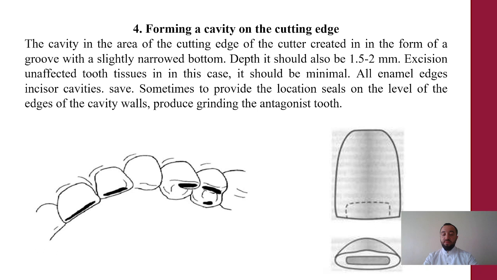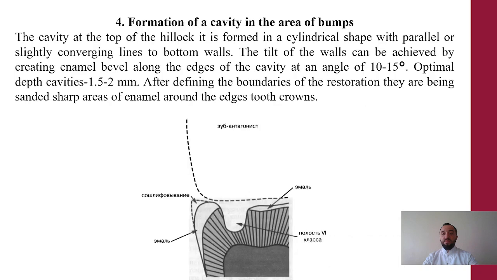The cavity at the top of a cusp is formed in a cylindrical shape with parallel or slightly converging lines to the bottom walls. The tilt of the walls can be achieved by creating an enamel bevel along the edge of the cavity at an angle of 15 degrees. Optimal cavity depth is 1.5 mm. After defining the boundaries of the